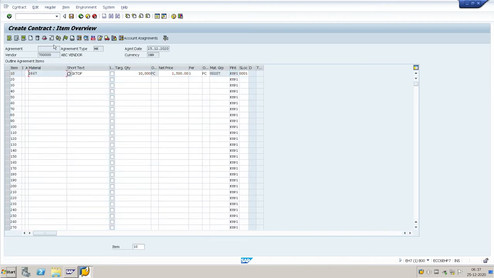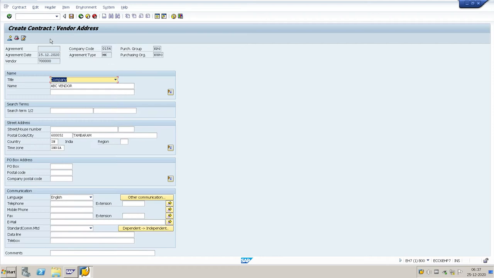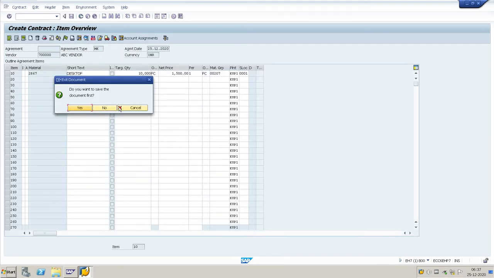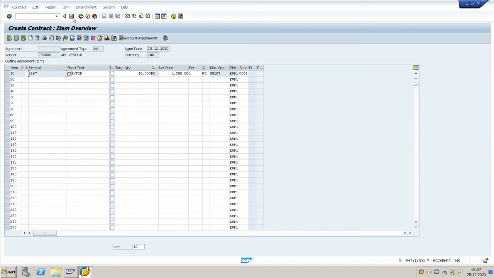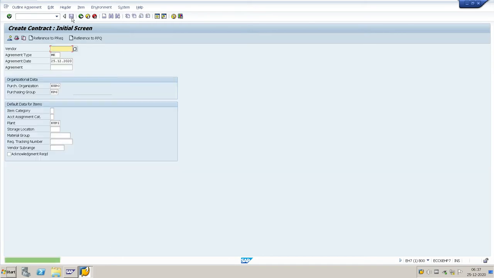Here you can see the vendor address also. Now you save the contract.